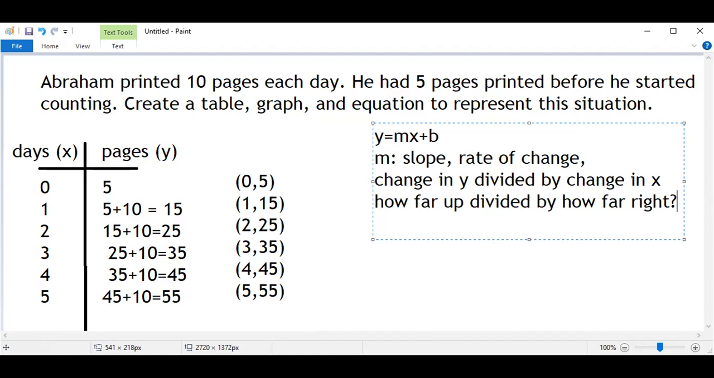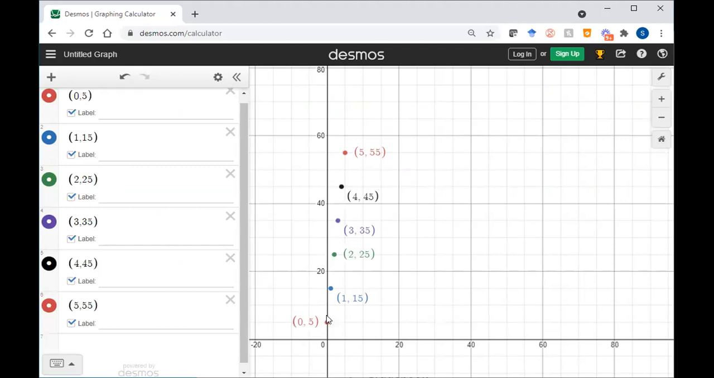So when we go back to our graph, we're looking at how far up we go from one point to the next. To get from this first point, 0, 5 to 1, 5, from our red point to our blue point, we go up 10 spots. Our 5, we add 10 to it, we go up by 10, and we go right 1